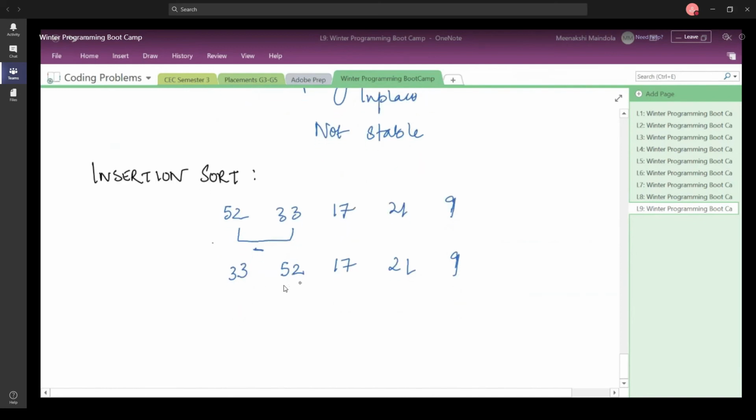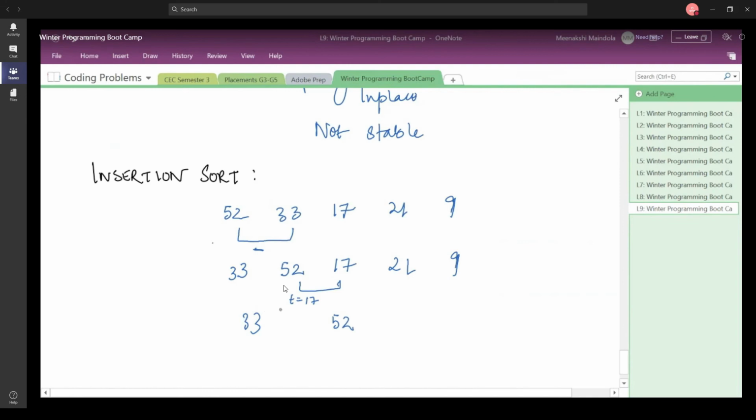Now it is going to pick up the next two elements. Please focus here carefully. I compare these two elements. I know that 17 should come before 52. So I first copy 52 here, 33 was here, and 17 is currently in a temporary variable. You copy 52 to its position, and now compare the temporary value with the previous element.